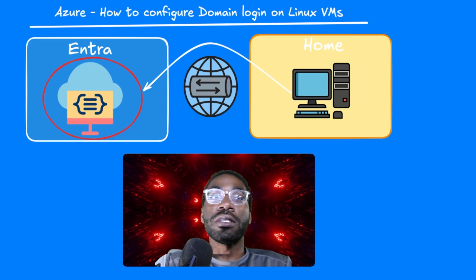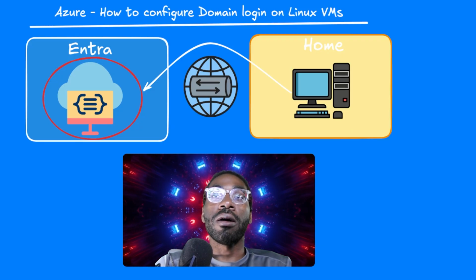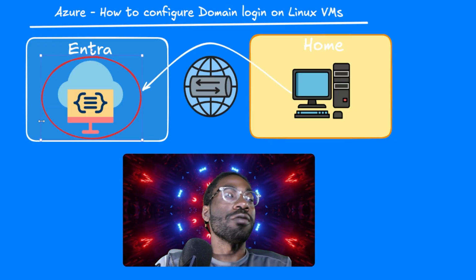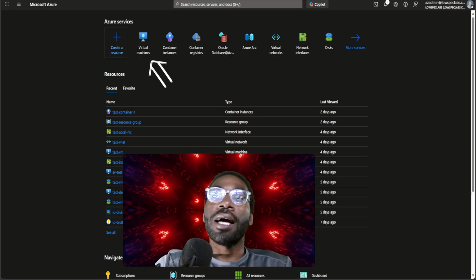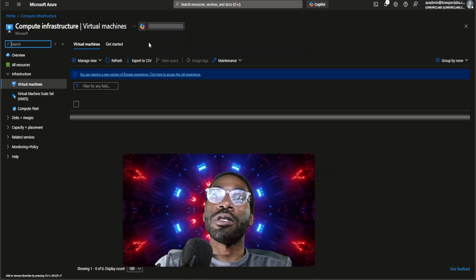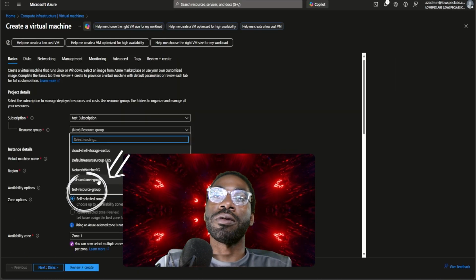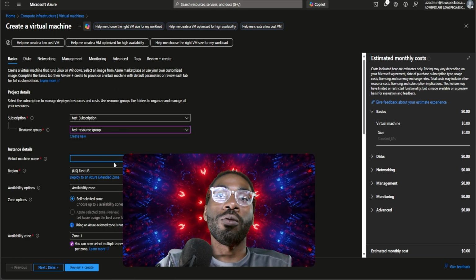Step one of this process is going to go ahead and get logged into Azure. So we're following this portion here of the diagram. Once logged into Azure, you'll want to go to virtual machines. You can create a new virtual machine, and we'll assign this to our standard test resource group with the virtual